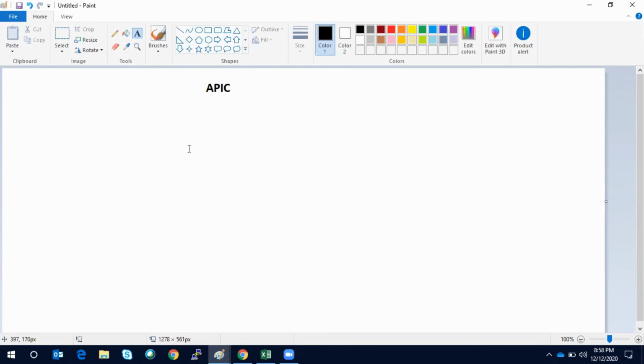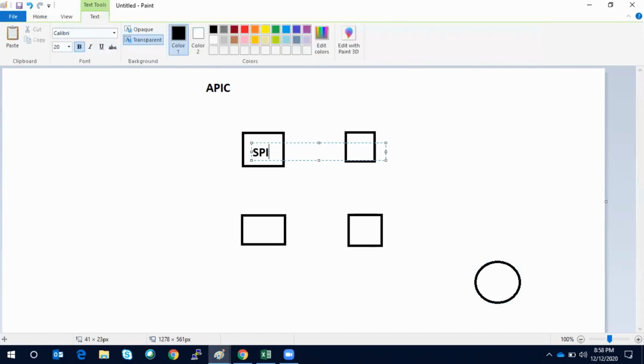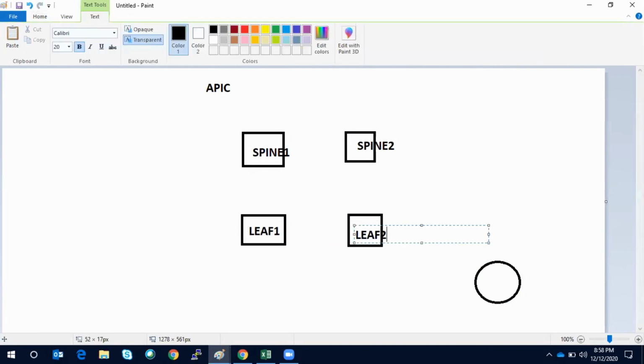As soon as you do, the APIC will take that configuration and boot. Let me quickly draw one diagram very fast. This is my APIC, let's say, spine 1, spine 2, leaf 1, leaf 2.